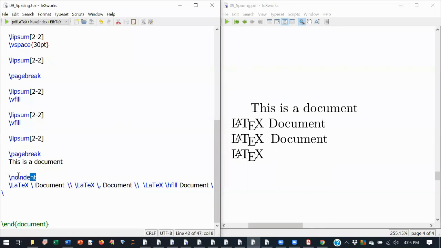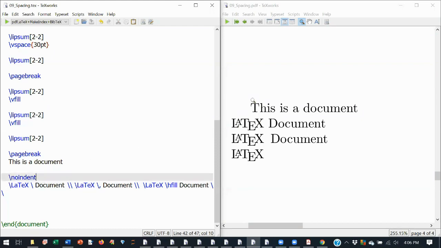We have kept this command \noindent. In most theses or articles that we write, the first word in a paragraph gets indented by some tab space, maybe one or two tab spaces. In LaTeX also that is there. A small space will be left before the word to create some white space.